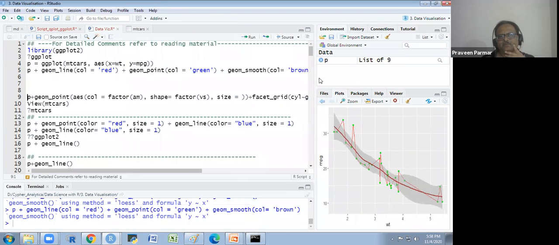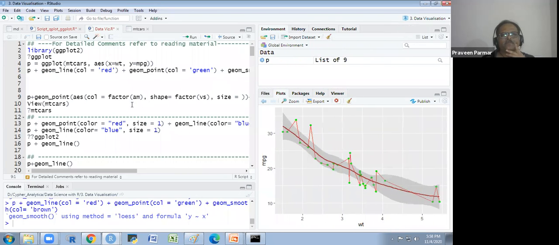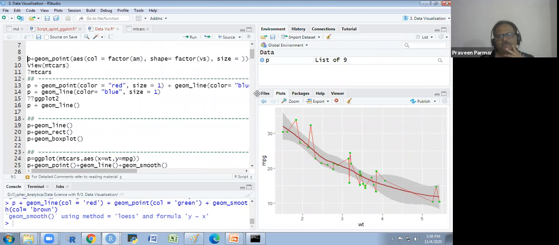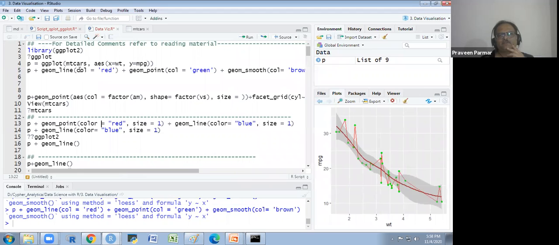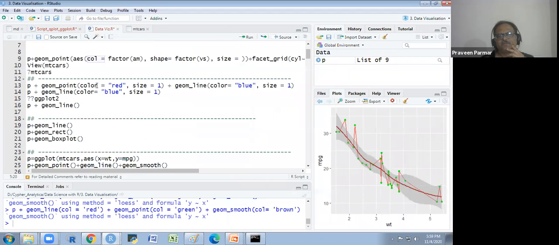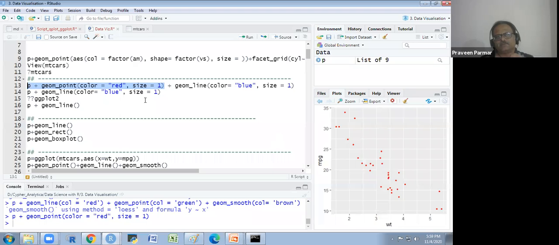Now I will tell you some more things about this. The same thing I am explaining here. geom_point, color red. I could write col also, or color, no problem. Color red and size one. If I change the size, then you see what happens.